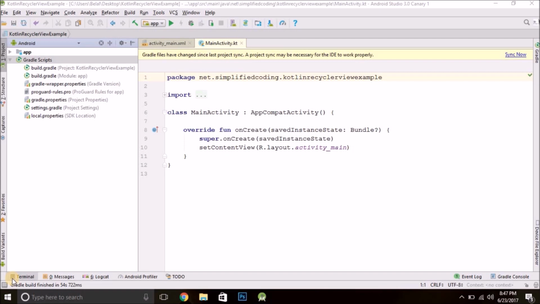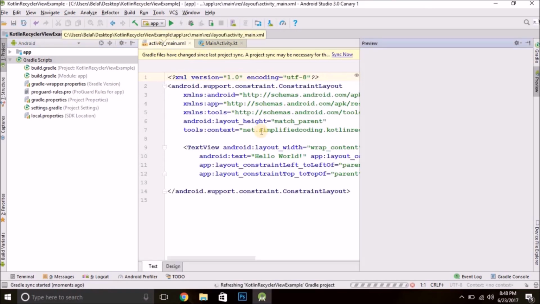In this video we are going to learn about Recycler View. We will learn how we can create Recycler View using the new language Kotlin. So let's start. The first thing we will do is come inside the activity_main.xml. I have a new blank project named Kotlin Recycler View example. You can create any project with any name. Once your project is loaded, come inside activity_main.xml